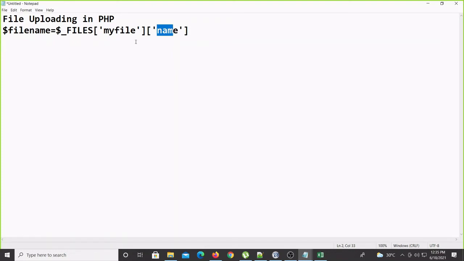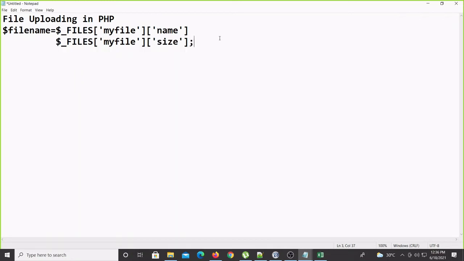In the same way, if you want the size of that file, the size in bytes, they will give it in terms of bytes only. So for that purpose, $_FILES, then the file name again, myfile, and then another parameter size, then we'll get the size of the file if I write this line.